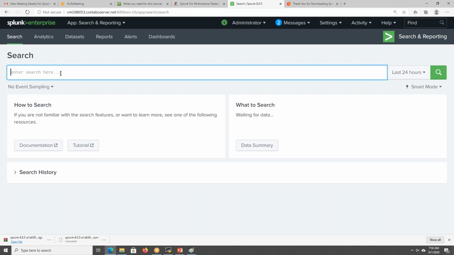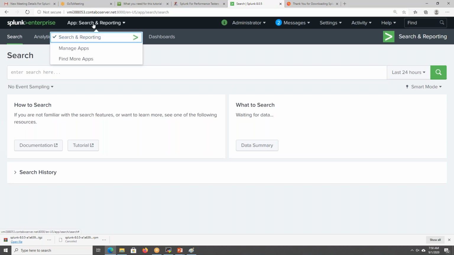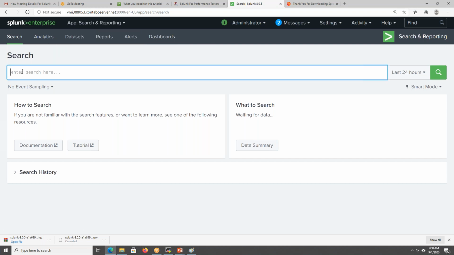This is the search bar. Here there will be something called Manage Apps and Find Apps. We will be discussing this one later. For now, what we'll be doing is analyzing this dashboard. So there is something called a search bar,